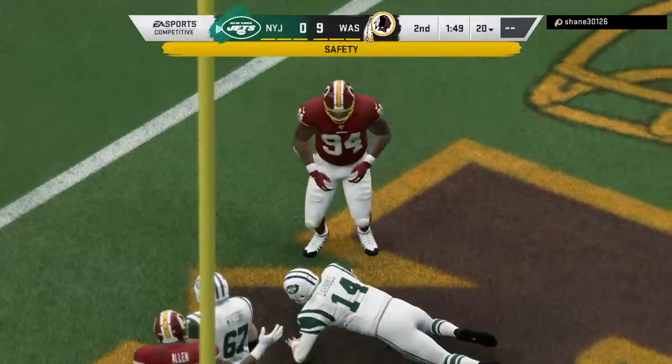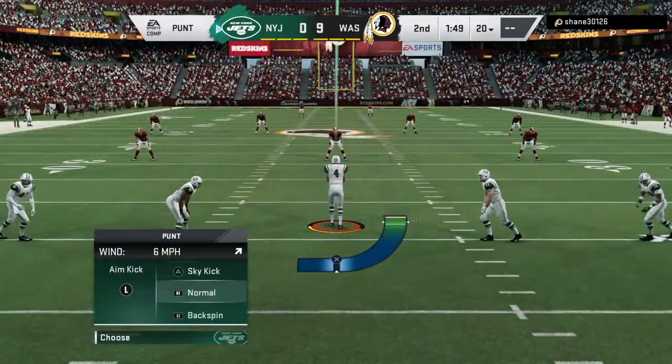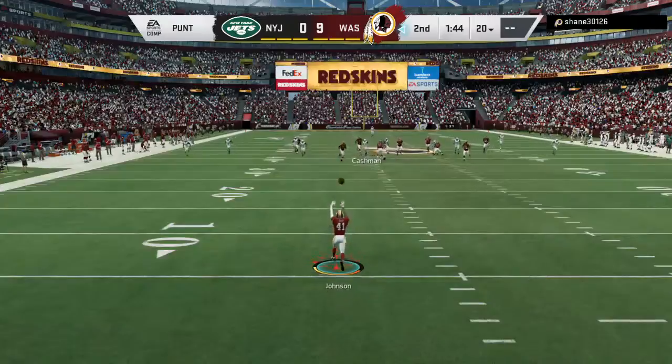Pressure, and down he goes in the end zone, and that's a safety. Well, I think you can go ahead and give your punter an assist on that one. Pinned him deep, and the defense comes through with 2 points. You're exactly right, partner. This was all set up by a great punt, and if the ball goes in the